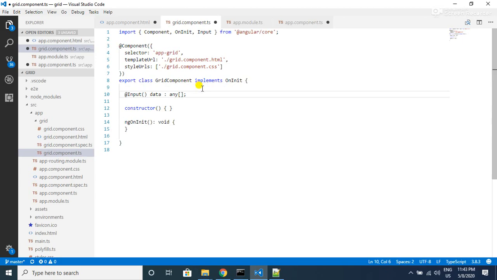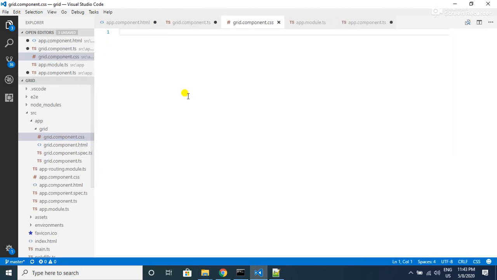Now let's add some HTML code so that we will be showing the grid. For that, we need to create a table, and before that, let me add a few CSS classes to my grid.component.css file so that we can see the UI in a better way.